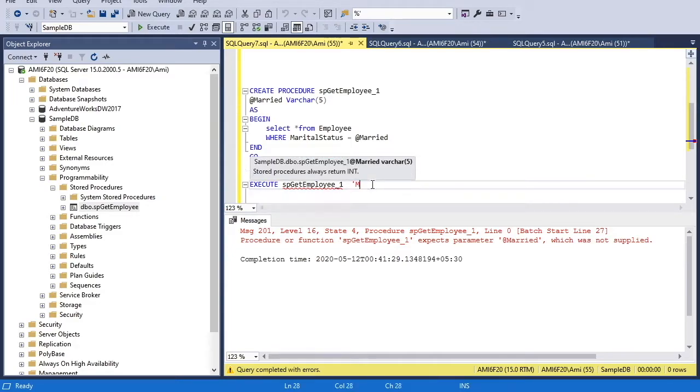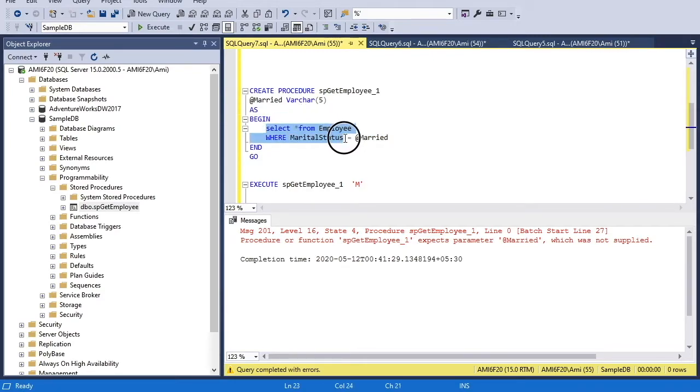So let's say I provide the value M. This M will be taken in the parameter and passed to this SQL statement. So this query will become select asterisk from employee where marital status is M. Only those employee records should be produced as the output of this stored procedure.